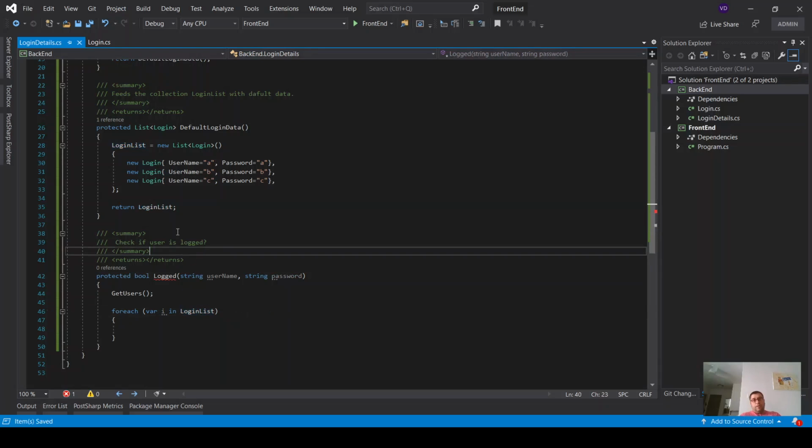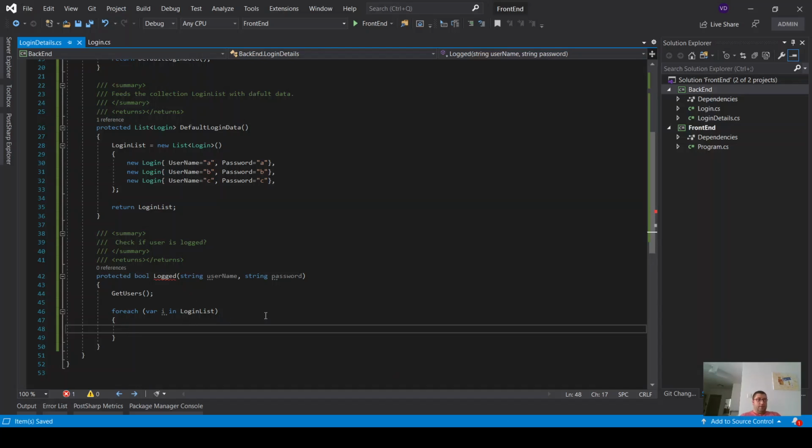If I was going to keep that in mind, we can use only the default login data method as a return method, okay? So I didn't have to do it this way. I could have done it just with the return new list, but then instead of login list, I need to use the default login data, okay? So again, the course assumes some development knowledge, but I will try to explain things as simply as possible so